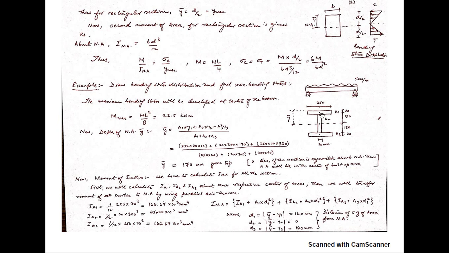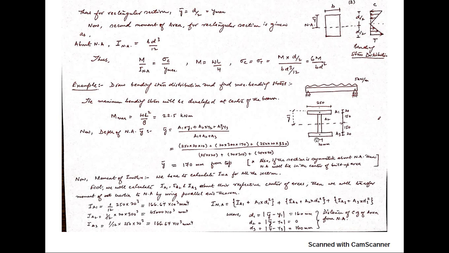Okay, and what is y1 over here? Y1 will be the distance from CG of this area to the top. Or you can directly calculate it from this section. I have provided the formula also, and if you are confused over here, then you can just go and see the formula. And this is mod basically, so if this is coming negative, it will automatically come positive. Okay, so that is basically how you can calculate I and M.